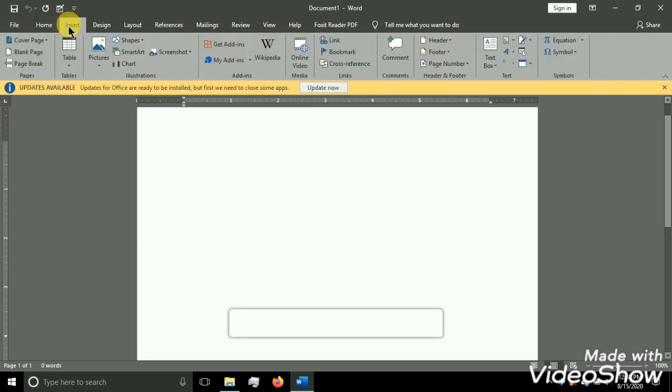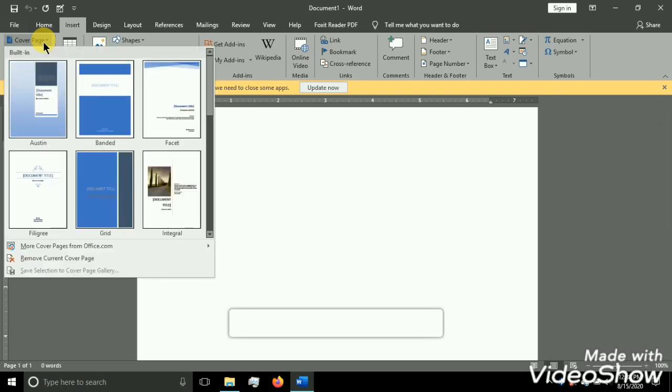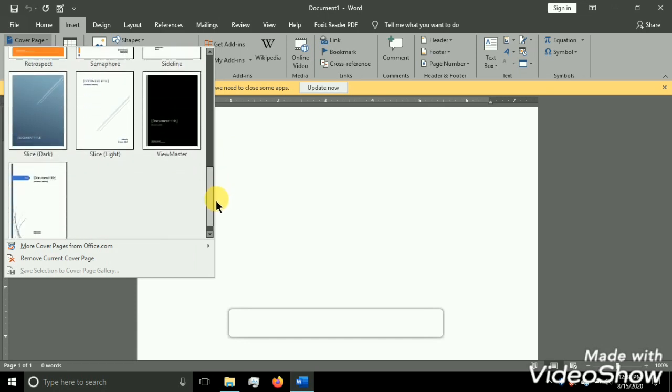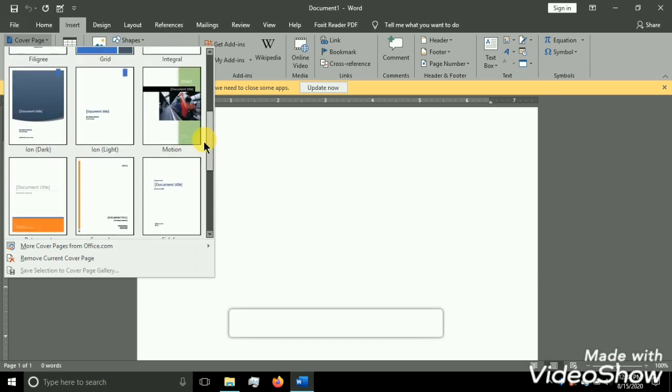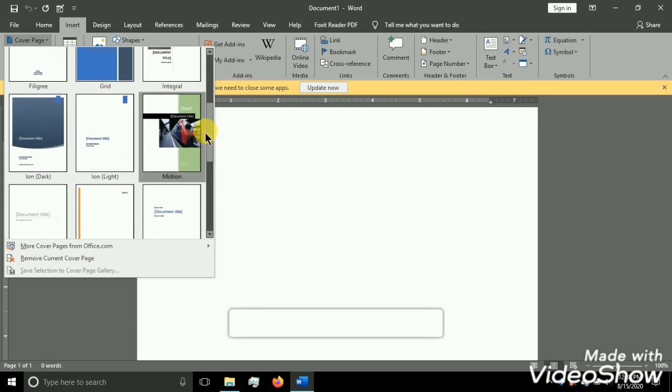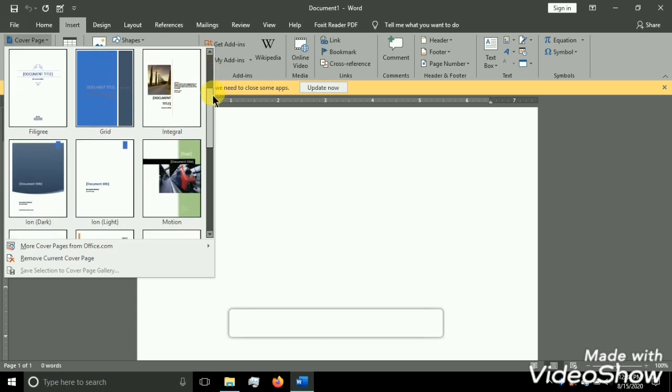In the cover page tool, we have predefined designs of cover pages. We can use these predefined cover page designs, and we can also browse online, download them, and use them.